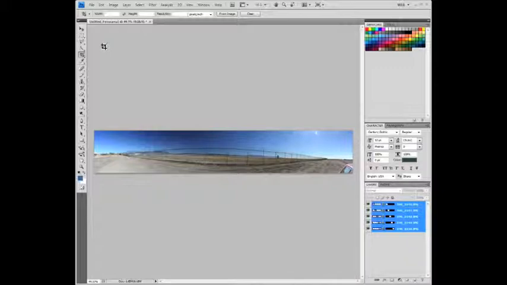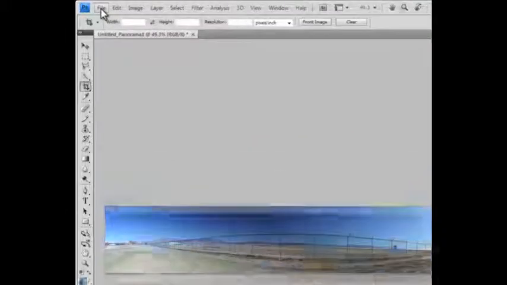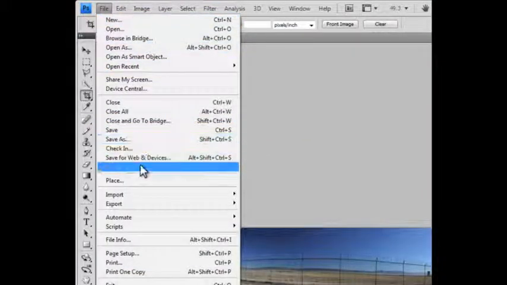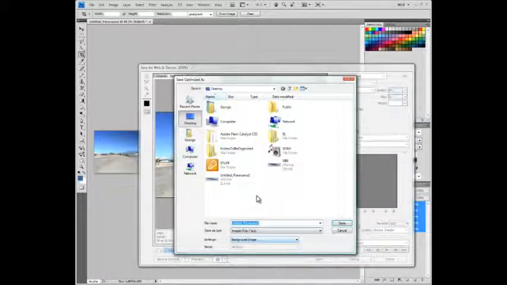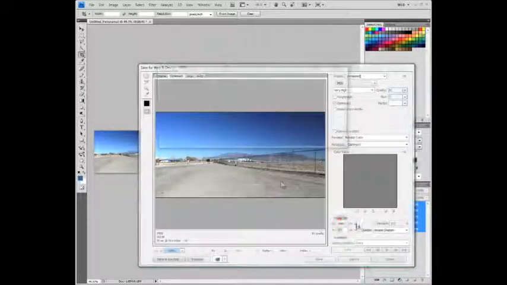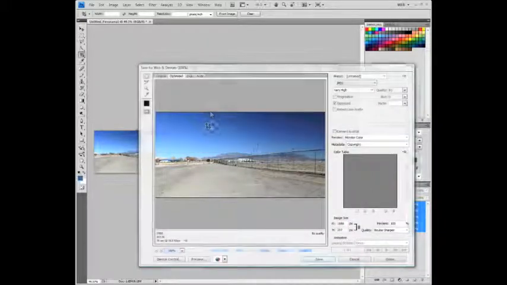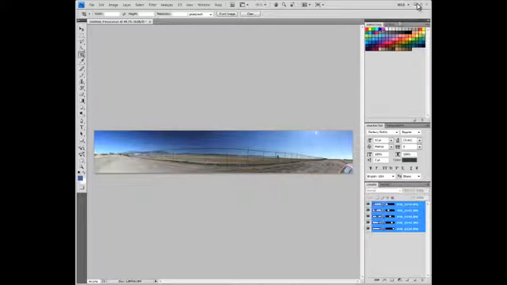To get to the actual composite and have it as one file, go up to File, Save for Web and Devices, and go to JPEG. It's already on JPEG. You could choose these other ones, but JPEG's probably your best bet. And then click Save, and it asks you where you want to save it. You can name it anything you want. I'll just leave it Untitled Panorama. Save it to my desktop. Replace the other one that's in there, and then minimize Photoshop and Bridge,